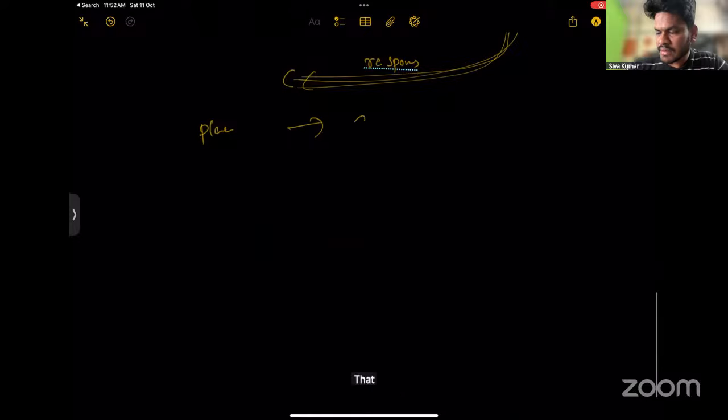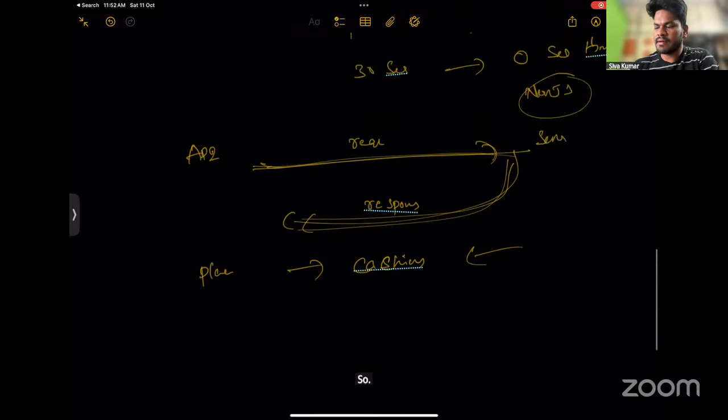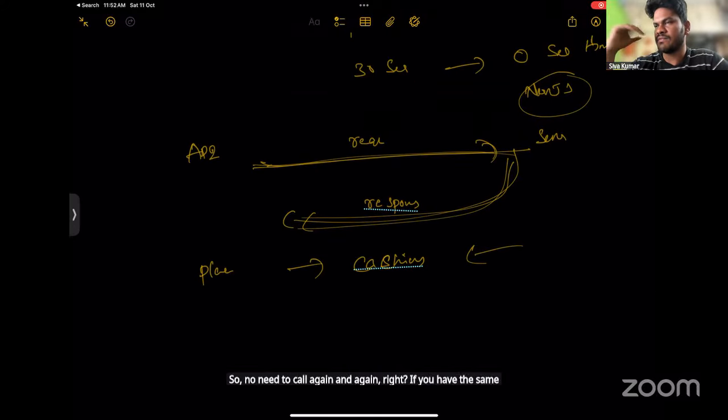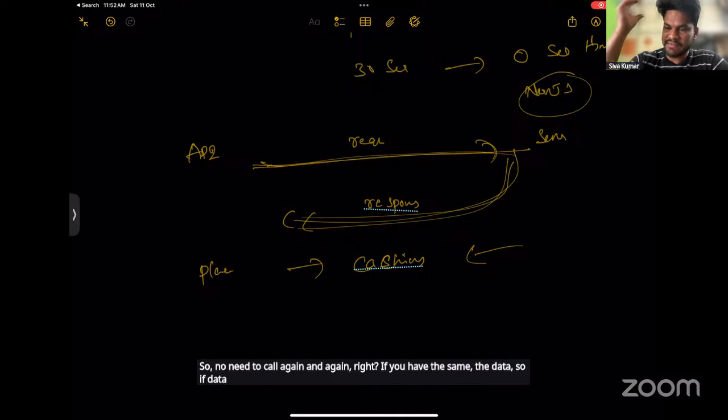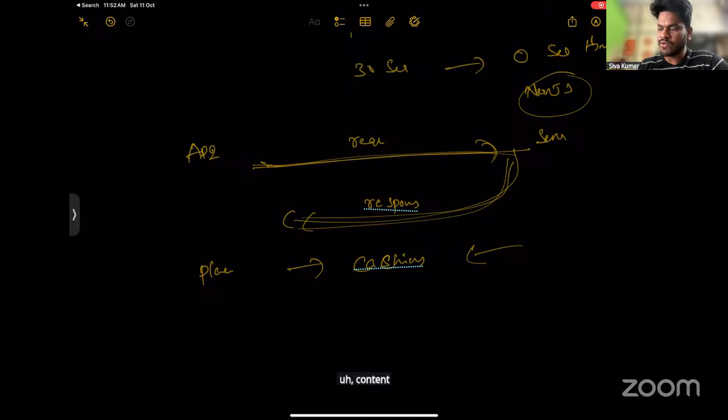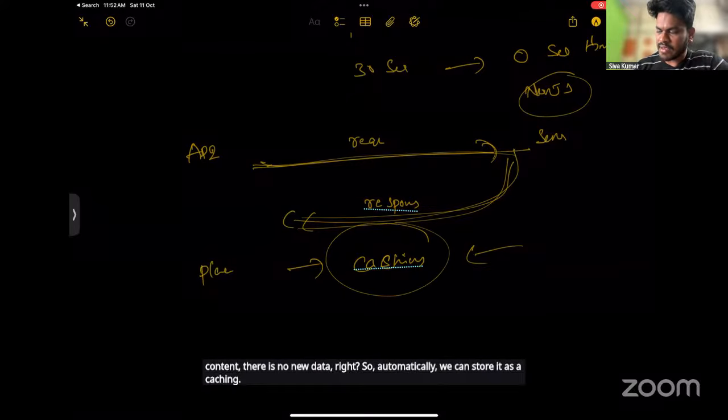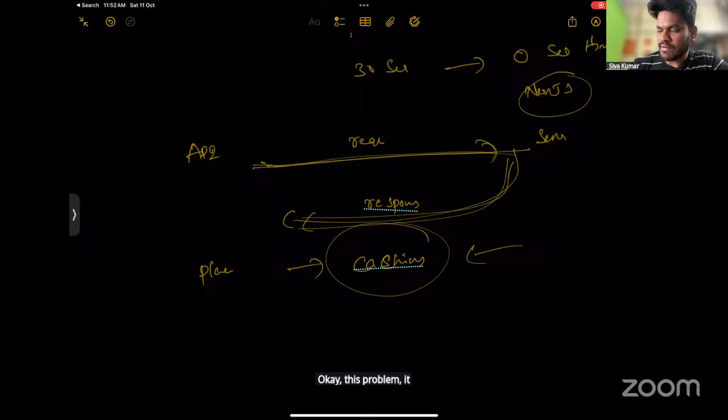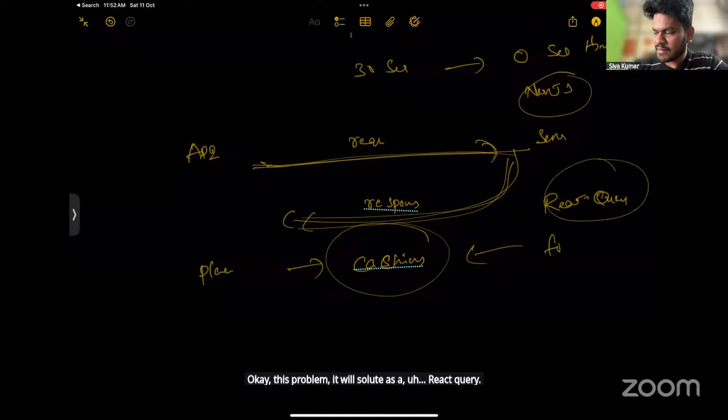That is called caching. So no need to call again and again. If the data is already available from the previous content and there is no new data, we can store it as a cache. This problem is solved by React Query, for API updates and state updates.